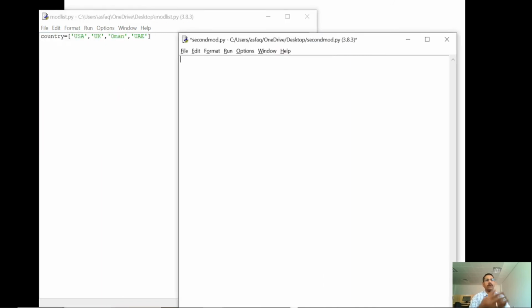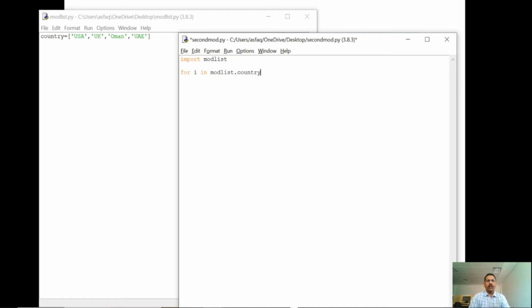Now I am going to call the list in the second file. For that, what do we need to do? First we need to import the file. The file name I gave is mod list. Now for i in mod list dot country, we are going to print the complete list items from this file.